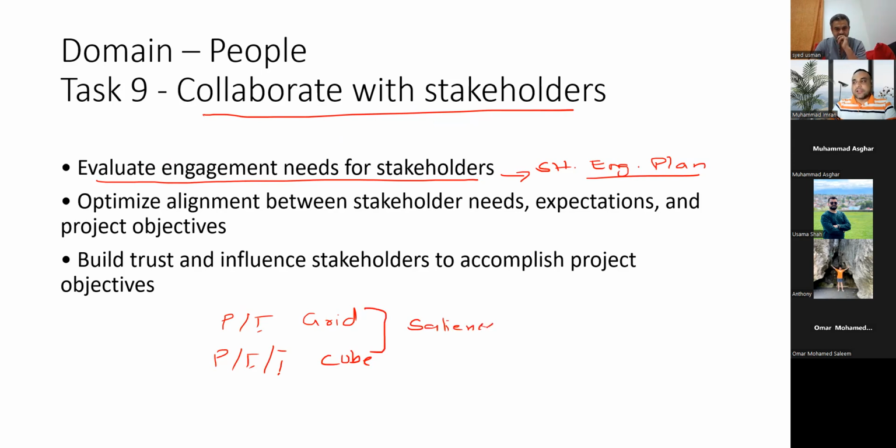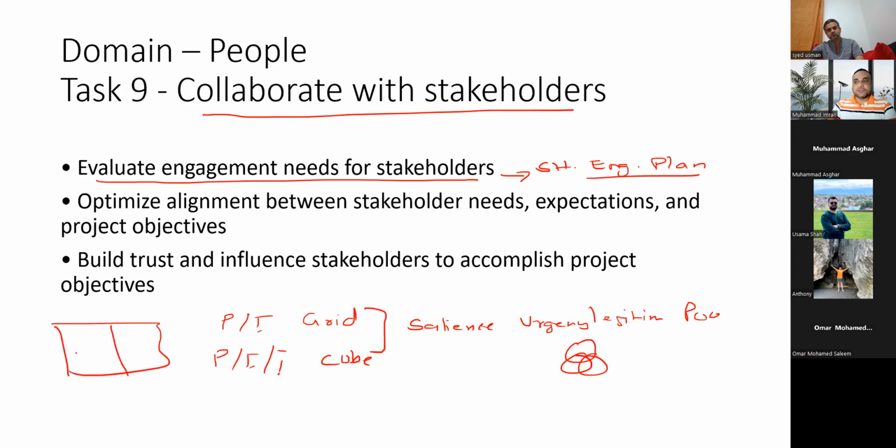We were categorizing the people based upon what? Urgency, legitimacy, and power. There were three circles: power, urgency, and legitimacy. Based upon those techniques, we need to understand who has which type of power, who is more important, who is not important, whom I need to keep informed. If you remember, there was a grid like this: this needs to be informed, keep engaged, keep informed. They are high power but low interest. And this is the sponsor. We need to keep them engaged all the time.